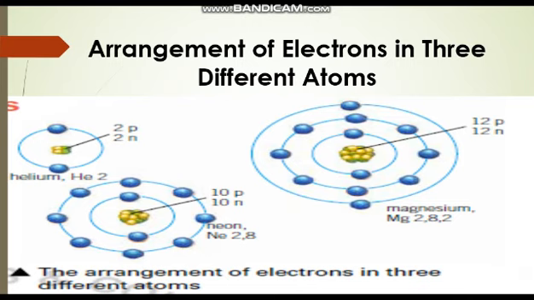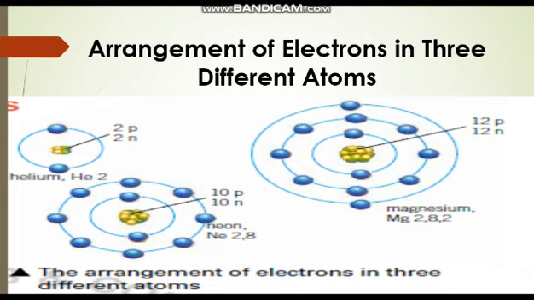Next, these are the 3 structures that show the arrangement of electrons. First, on left side is the structure of helium, denoted by symbol He. The atomic number of helium is 2, means 2 electrons must fill the first shell. As the first shell can hold a maximum of 2 electrons, these 2 electrons of helium will go to the first shell. And as you can see, it's written He 2. 2 means 2 electrons will be there in the first shell.